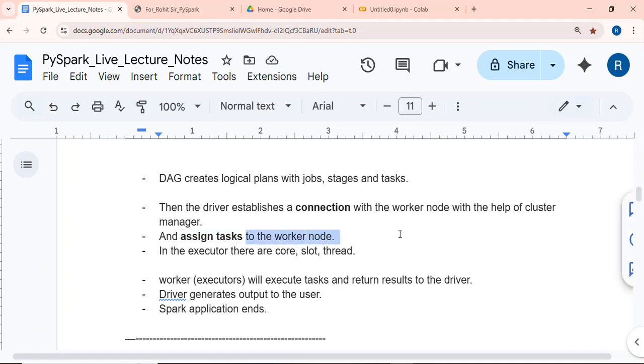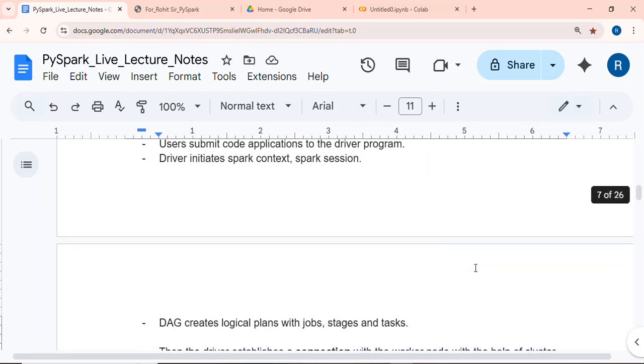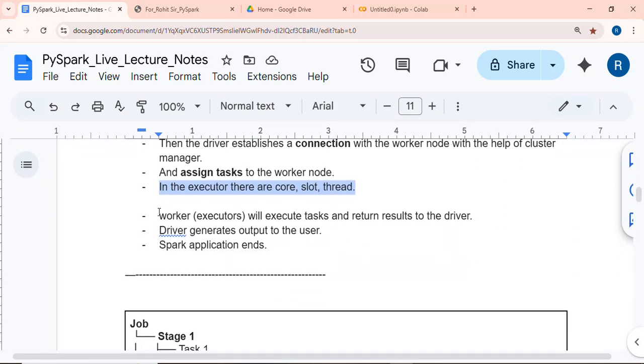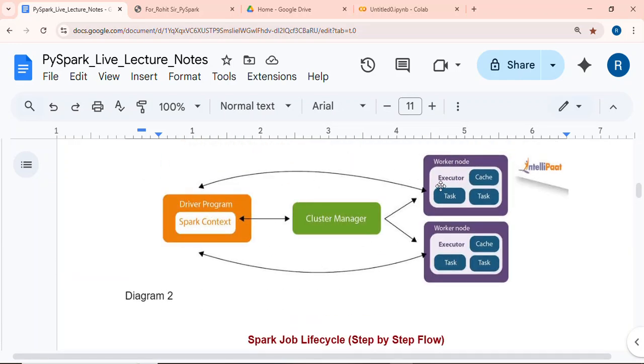And in the worker node, in the executor there are 4 slot threads। एग्जीक्यूटर में 4 slot thread रहते हैं। वर्कर नोड में एग्जीक्यूटर है, और एग्जीक्यूटर में 4 slot और थ्रेड रहते हैं। वर्कर मीन्स एग्जीक्यूटर। वर्कर नोड्स और दैट एग्जीक्यूटर्स विल एग्जीक्यूट द टास्क एंड रिटर्न रिजल्ट्स टू द ड्राइवर।